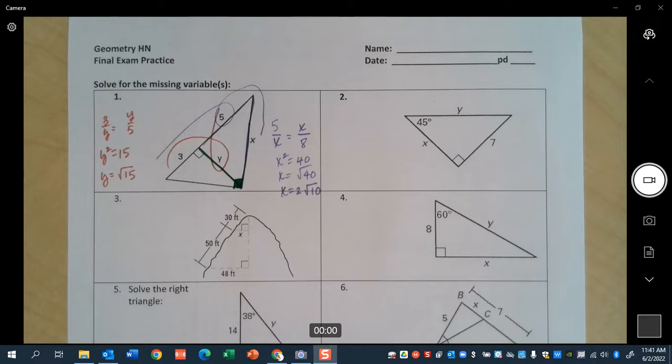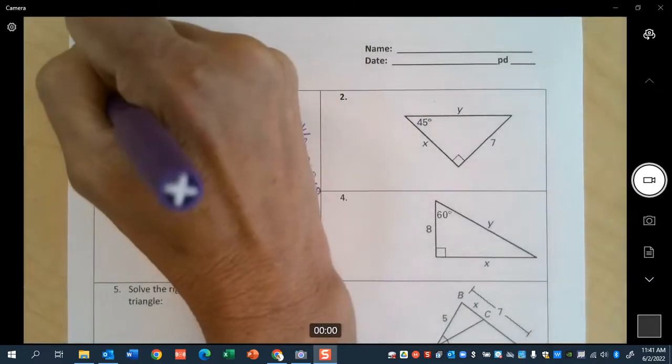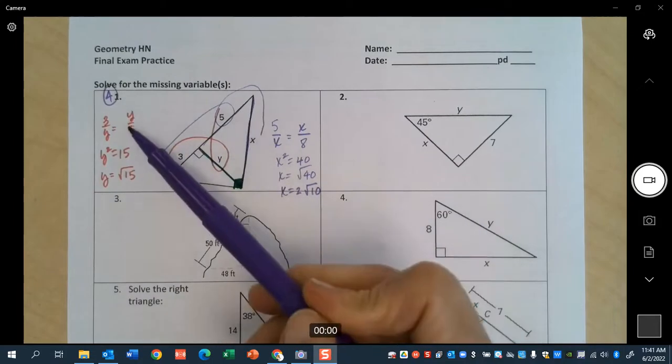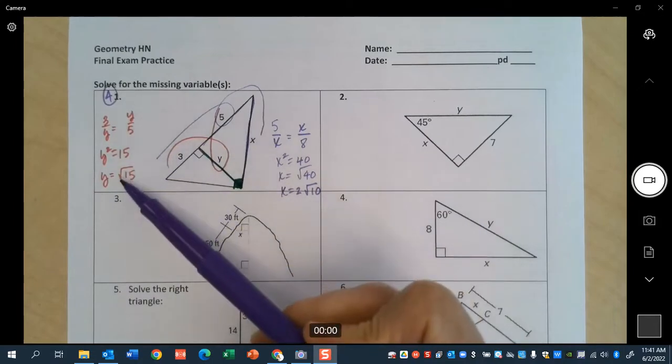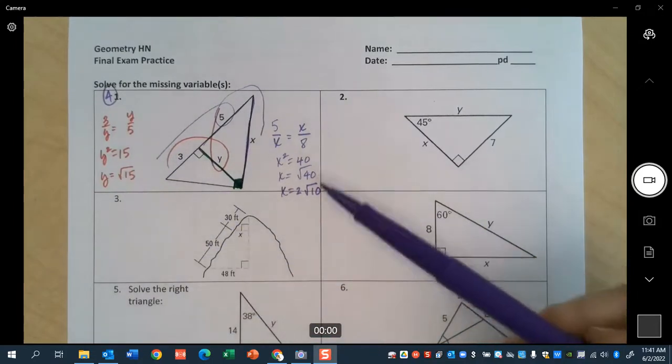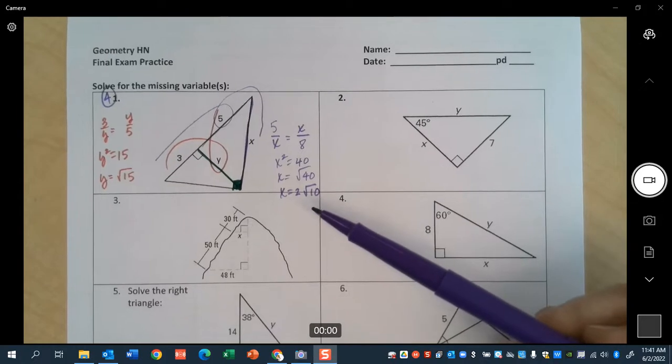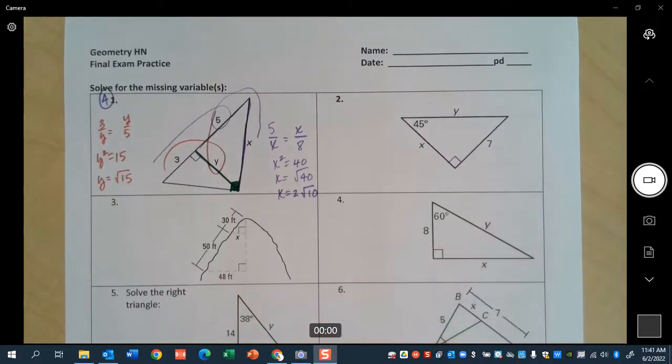Here's how you can score this. Pretend like this problem is worth 4 points. Set up, final answer, set up, final answer. If I were to grade this, this would be worth 4 points. How many points did you get? Set up, final answer, go ahead, you tally it up because you're going to see your score at the end